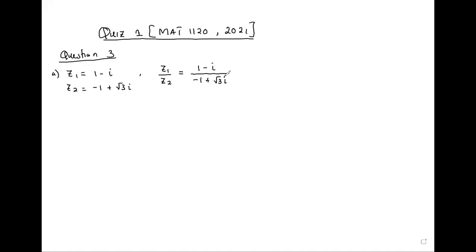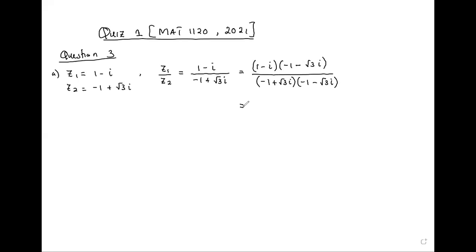So always when dealing with complex numbers, if you see I in the denominator, then it calls for conjugation. So this should be equal to 1 minus I multiplied by negative 1 plus. So as we conjugate, we use minus. So negative 1 minus the root of 3I over negative 1 plus root 3I multiplied by negative 1 minus root 3I,